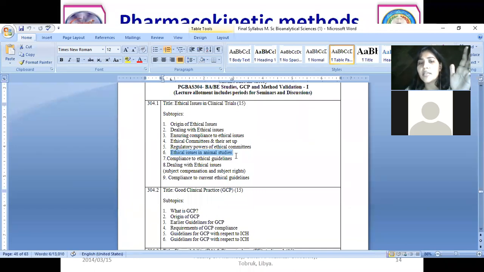That is, ethical issues in animal studies. What can we look at? The CPCSEA guidelines are of course there inside it, then what animal welfare is, and what types of animals we use for studies. Okay, so there will be 3 topics on which we can do the presentation. If you are not able to choose, I will let you know, but at least from your side just give me the topics that will come under animal studies. Okay, so are there any doubts about this session? Just let me know fast because we have less than 1 minute remaining. So Priya, are we fine till here?